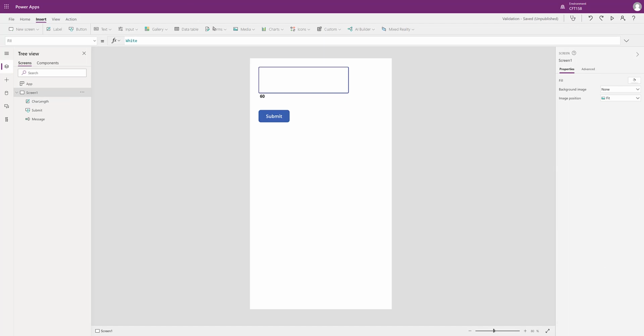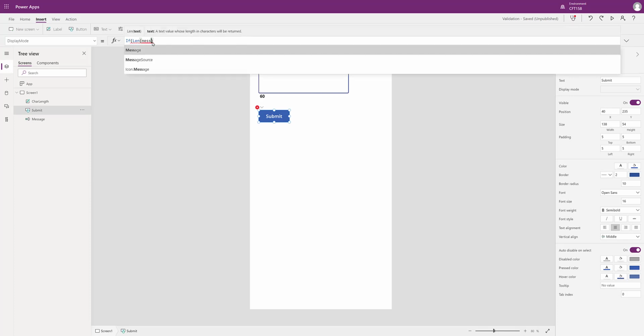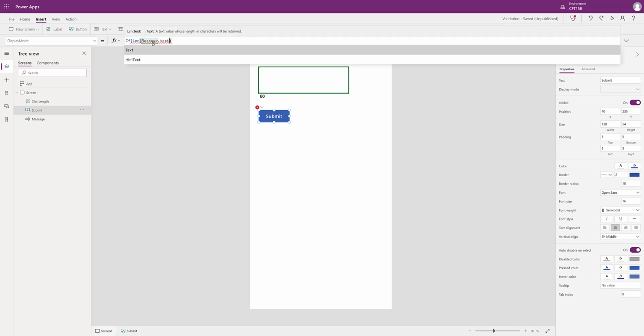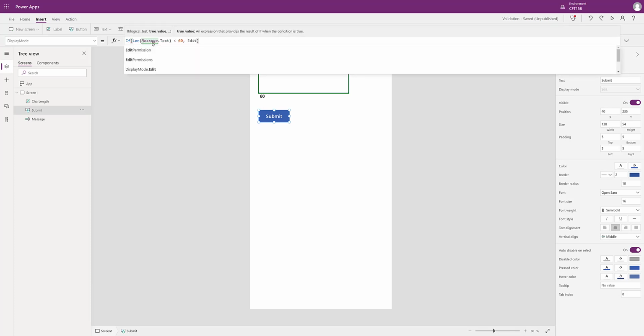Let's also disable the button because that is a part of the validation. So I go to my button, and in the display mode property of the button, I will add a condition that if, in similar way, if the length of the message dot text is well under 60, that is it is less than 60, then keep it editable.